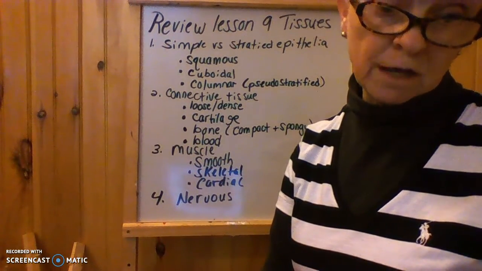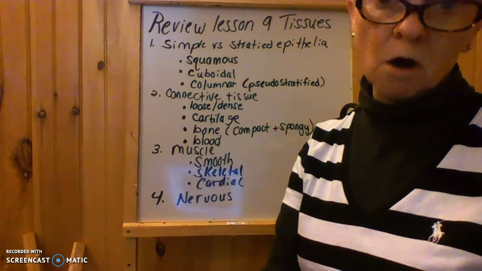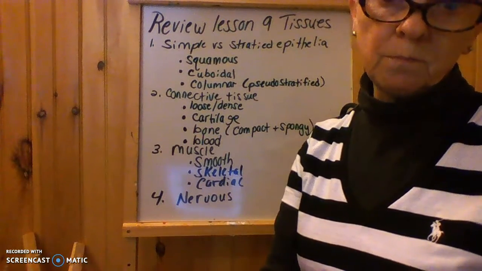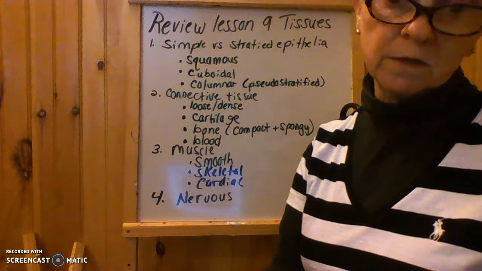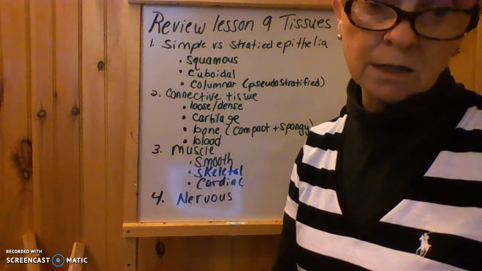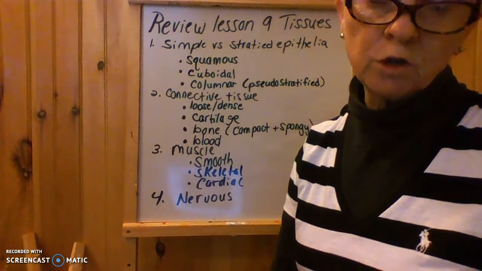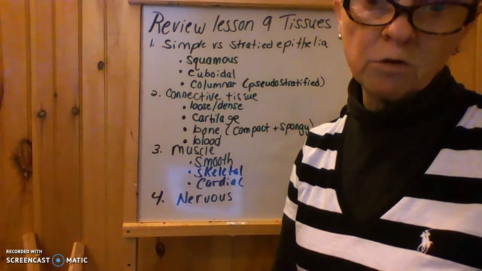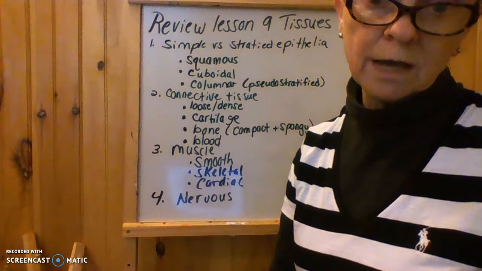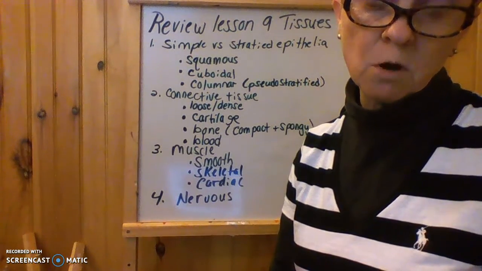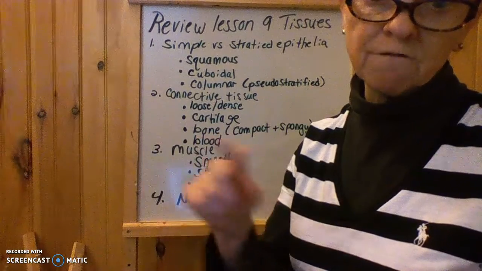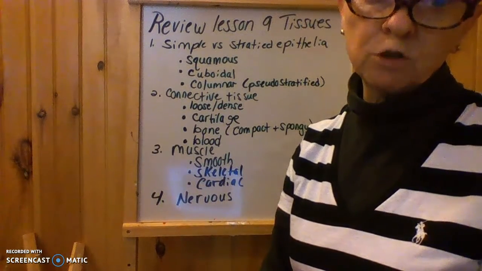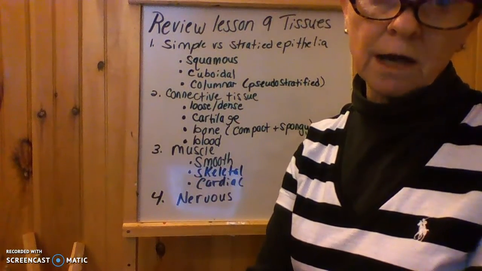And if you have any questions as to what is on your lab component that should have already been turned in, or if you have any questions as to what is going to be on the test, please email or contact me. Again, you will get images from your labs, your 2 labs on epithelial tissue and your lab on the other 3 types of connective tissue, and you should be able to identify those, as well as be able to write out the 4 types, the categories of tissue,